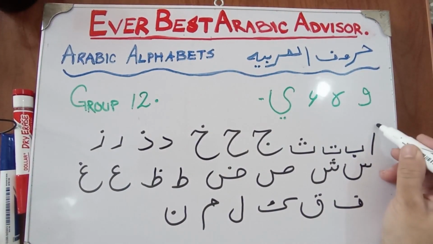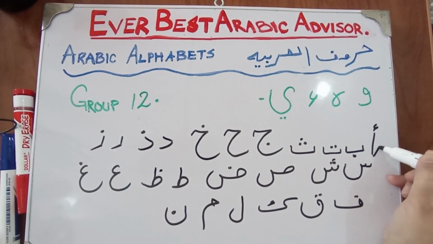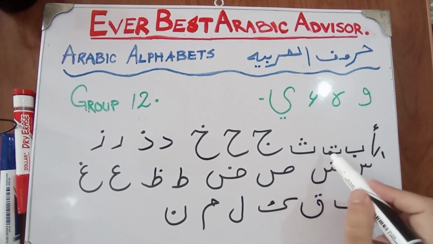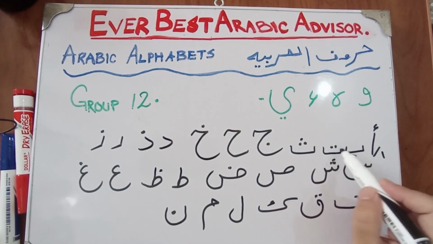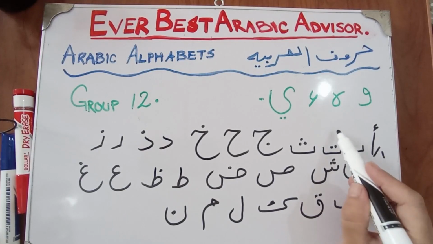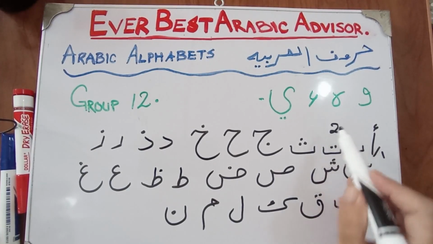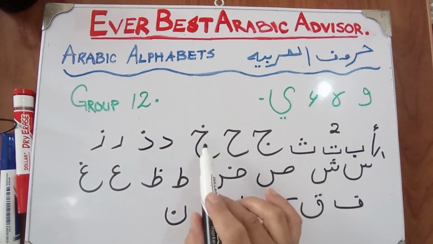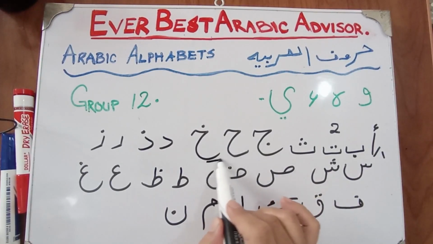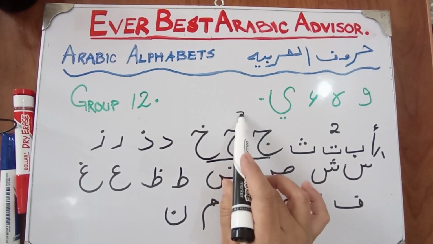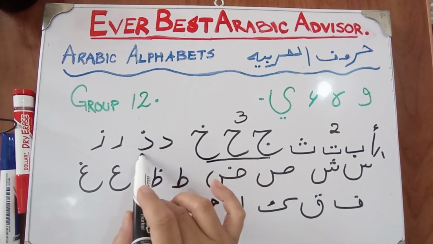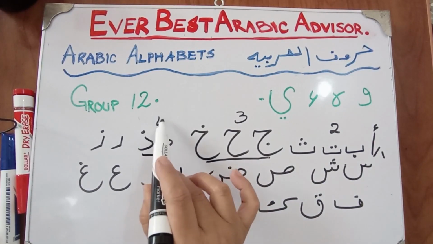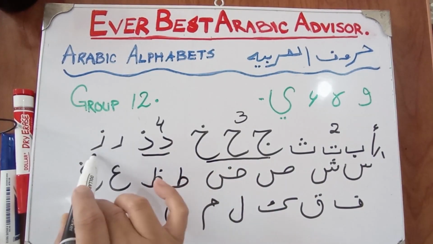Letter Alif along with Hamza we will learn in the first group. Ba, ta, sa have similar shapes, so we combine them in one group and we learn them in lesson number 2. Jim, ha, kha have the same shape, so we learn them together in lesson number 3. Dal, zal are similar, so we learn them in lesson number 4. For ra, za, we learn in